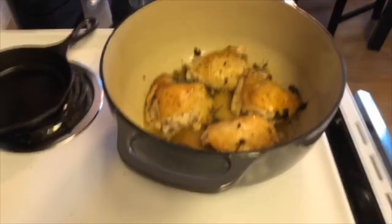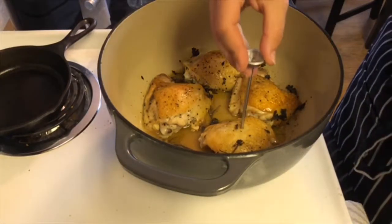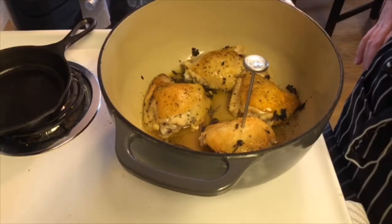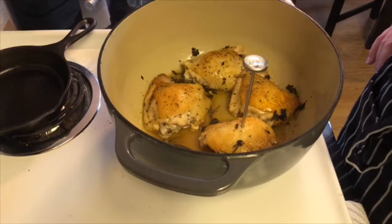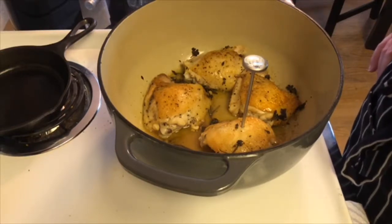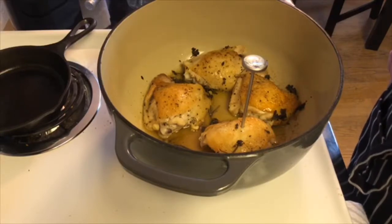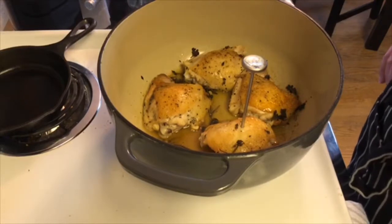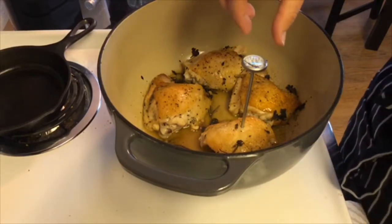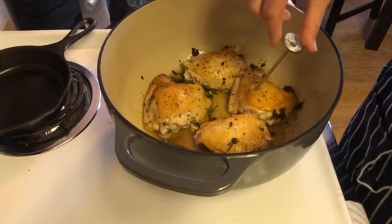Look how good that looks. It's been in there for about 15 minutes. Where is, oh, there's my thermometer. And I will just check this baby out. Okay, let's see. It's like we're gonna be short. We are about at 160. So some of these pieces are a little smaller though, so I don't know if they're gonna be,